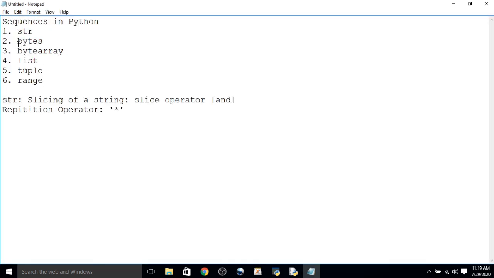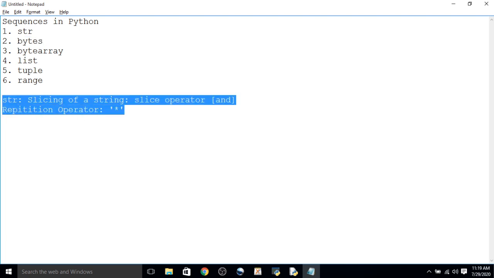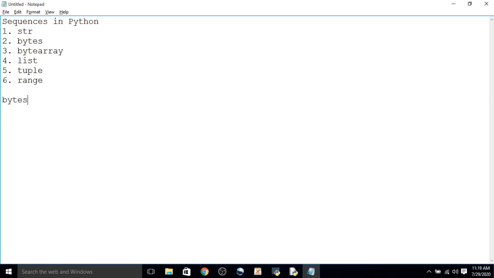So this is the use of string data types. Now the next data type, that is the bytes data type. So what is a bytes data type? The bytes data type represents a group of byte numbers, just like an array.